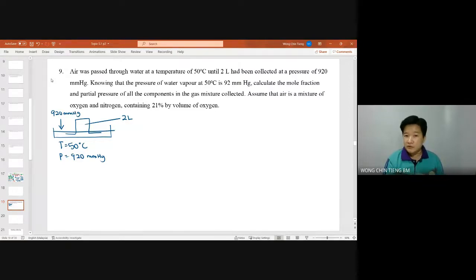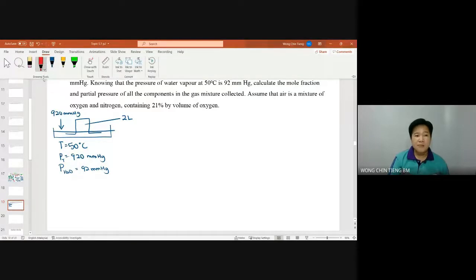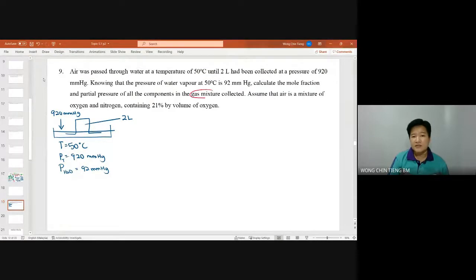Knowing that the pressure of the water vapor is 92 millimeter mercury, calculate the mole fraction and the partial pressure of all components in the gas mixture collected. Soalan hanya minta gas mixture collected. So, the biggest problem that arises in this type of question, kamu kena ingat satu, bila dia adalah gas mixture,